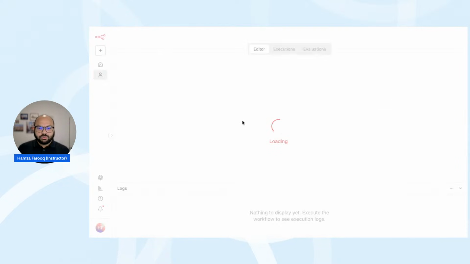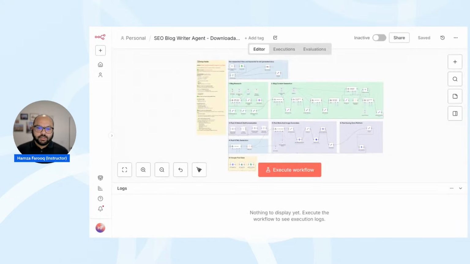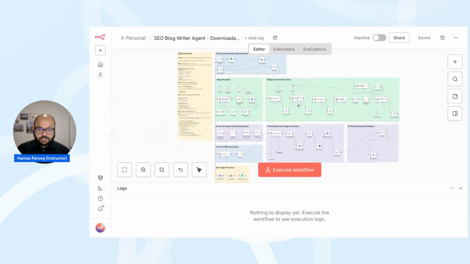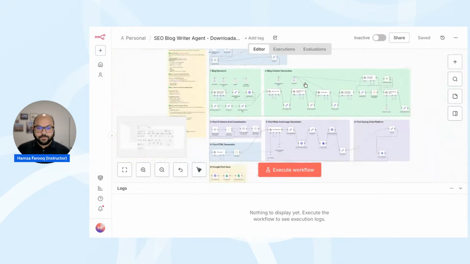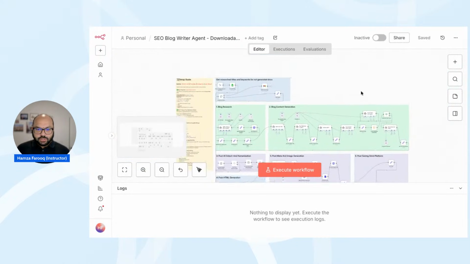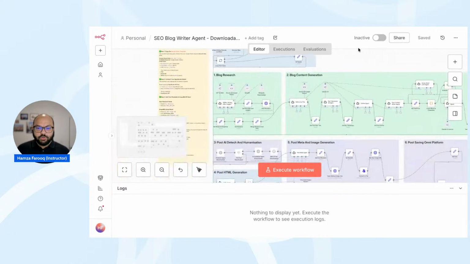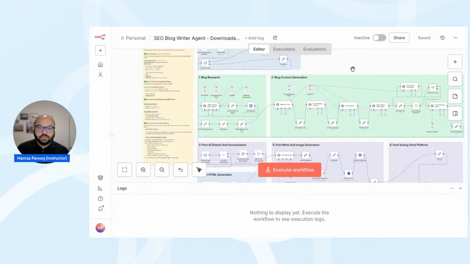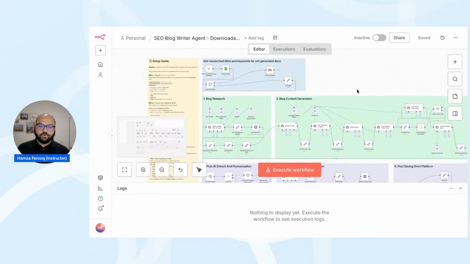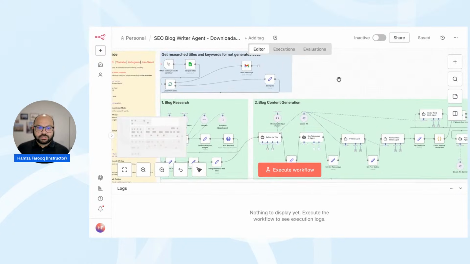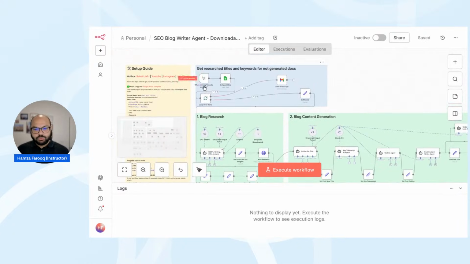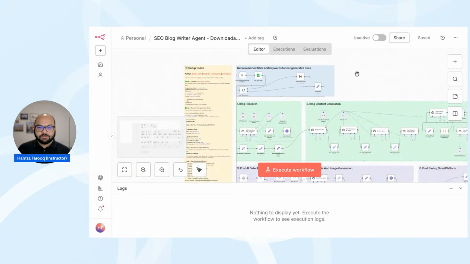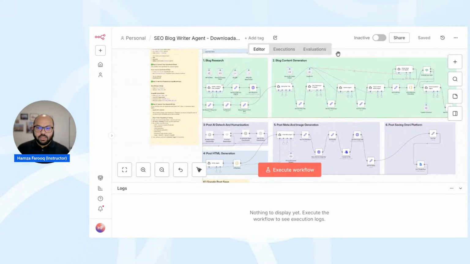Or there is another version, which is the SEO blog, which we also have, and I showed you in the first class. This one is more complicated, but still you want a certain flow of actions. You don't want to disrupt your flow. Here, the flow stays the same. No matter what happens, you will start from here, and then it will go to step 1, step 2, step 3.